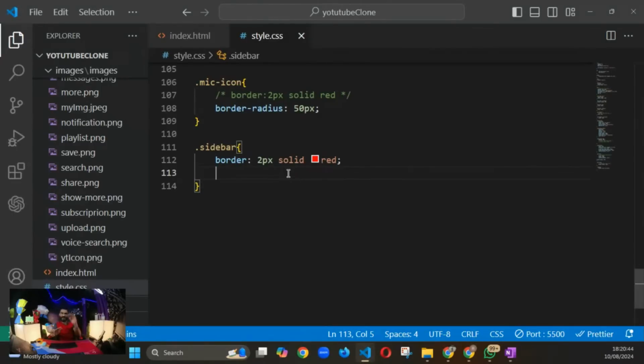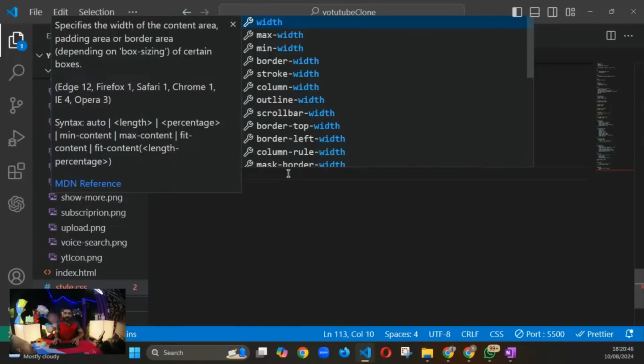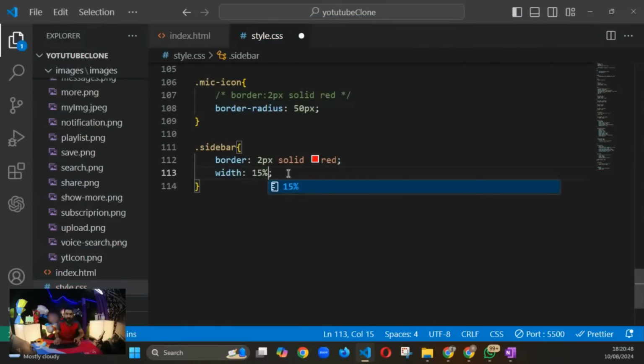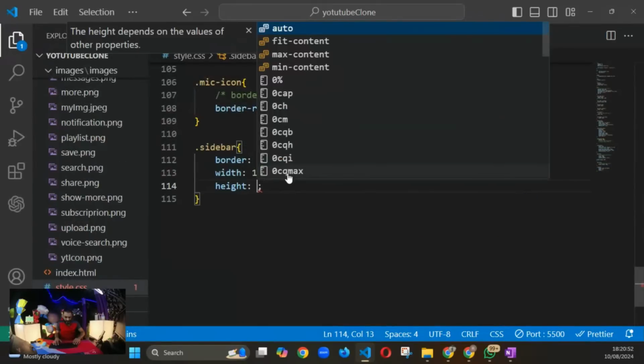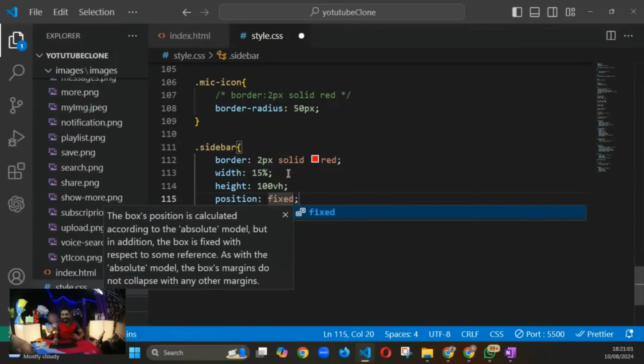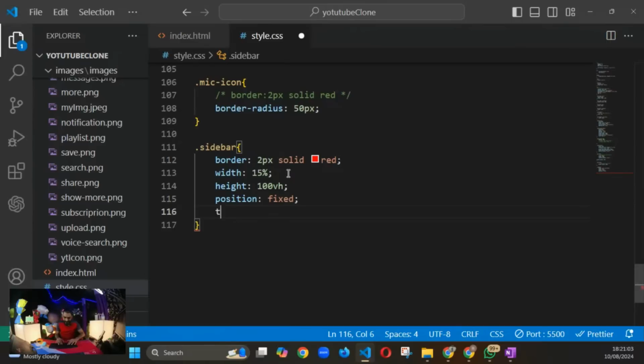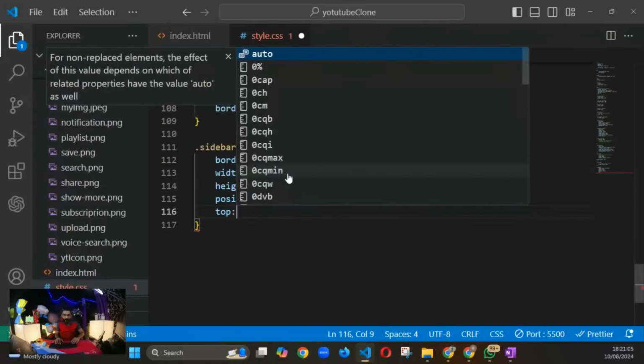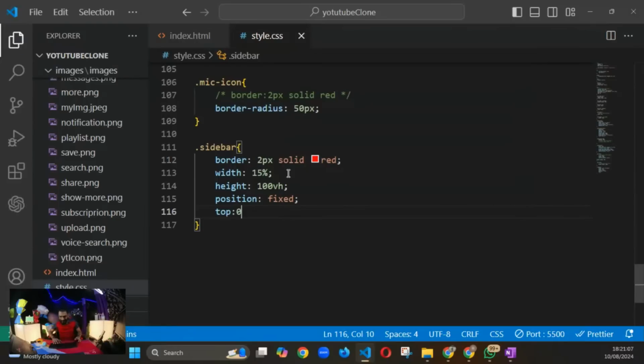आज नहीं करते उसको, आज पहले बना लेते हैं। Width 15 पिक्सल्स के आसपास की width रहेगी कुछ, ठीक है। हाइट जो है would be complete 100 VH, 100 व्यू पोर्ट हाइट की हाइट रहेगी। पोजीशन मैं इसको दे देता हूं क्या, फिक्स्ड, कि भाई ये फिक्स्ड रहेगा एकदम से, ठीक है। टॉप से मैं दे दूंगा इसको 0। अब देखो, अब कुछ हुआ, अब कुछ होएगा, देखना अब।